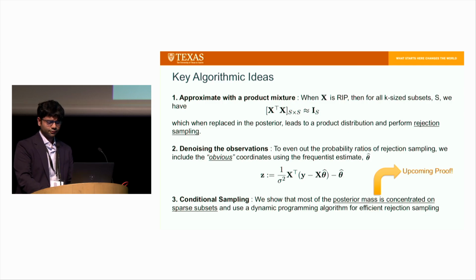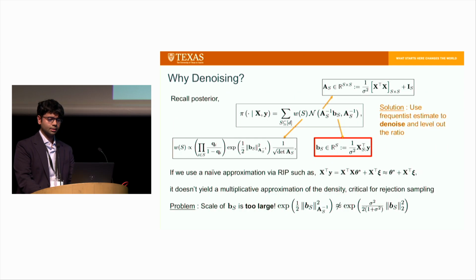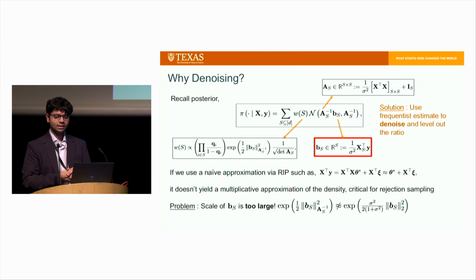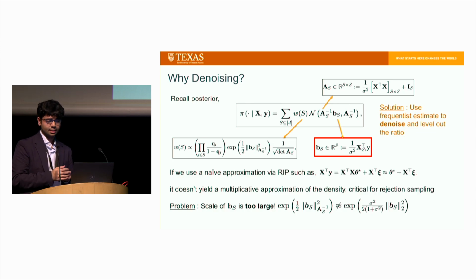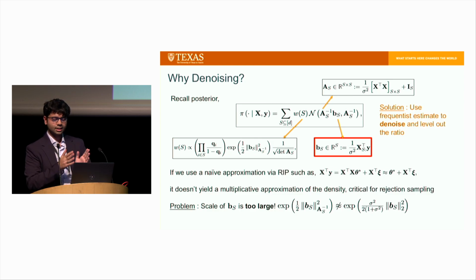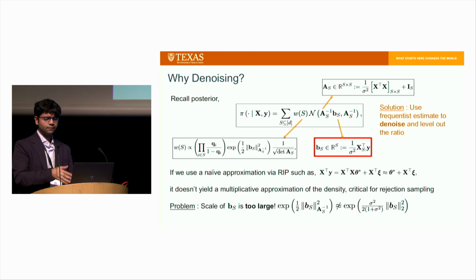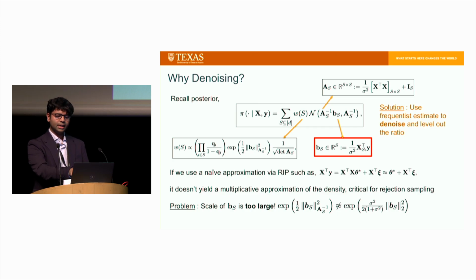I'm going to start by first giving some intuition on why denoising is necessary here. As promised, this is the expression for the posterior. I don't want you to get distracted by these weird expressions. But to gain intuition on why denoising is necessary, let's focus on the vector BS, which is roughly X transpose Y. Now, a naive approximation here would be to substitute Y to be X theta star plus noise, which is the model that we're working with, and then use the RIP property and the sparsity of theta star, replace X transpose X by identity. If we go ahead with this approximation, we end up with BS being roughly theta star